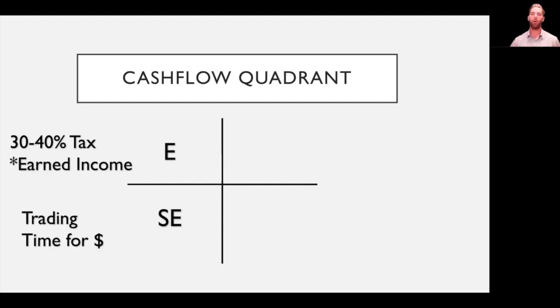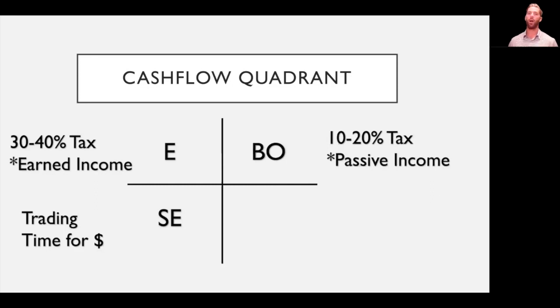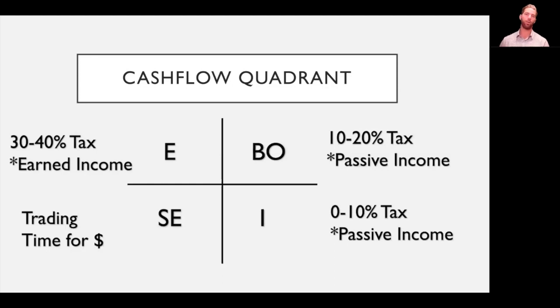Okay. Now, over on the right side of the quadrant are our business owners and our investors. Business owners are going to be taxed less, while the business is more of a passive income, and passive income is taxed less. So our business owners are going to be taxed anywhere from 10 to 20%, and our investors nearly anywhere from 0 to 10%. It all becomes part of how efficient you are in terms of the things you write off. On the right side of the quadrant, you have individuals who are earning passively, so they're being taxed a lot less.